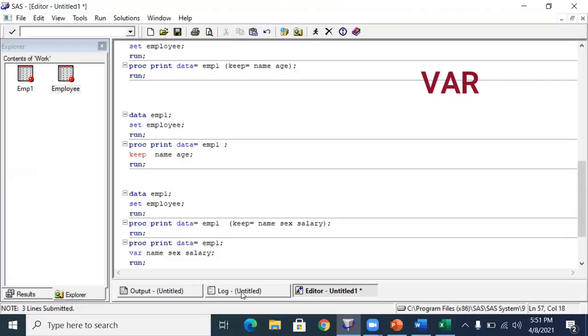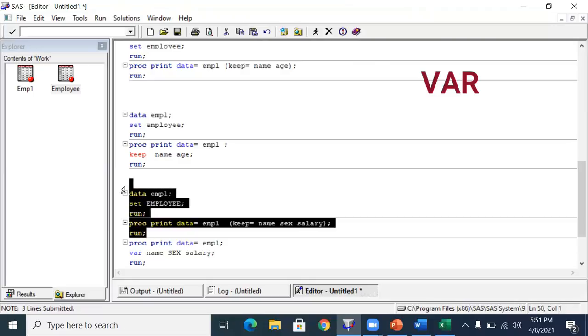If you make a spelling mistake, see, SAS is not at all case sensitive. If I give capital SEX here, no issues. Even the keywords, data, DATA in capital letters, even while writing the dataset name, if I give EMPLOYEE in capital, no issues.